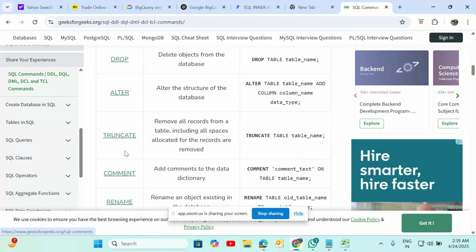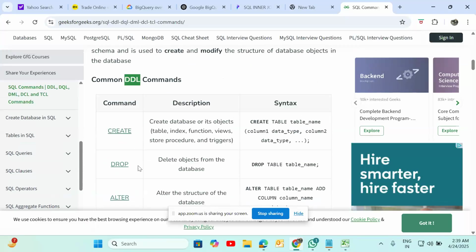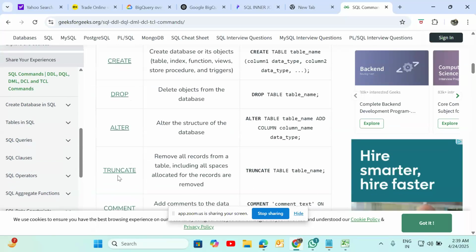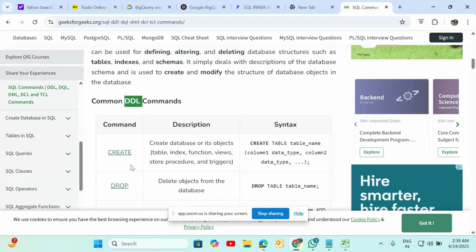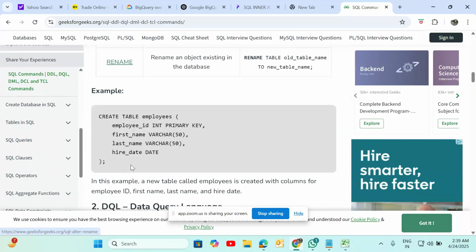Truncate removes the records. Then commit and rename. These are the DDL commands: create, drop, alter, truncate, commit, rename. This is the basic idea. You have the idea, right? Create table, table name.